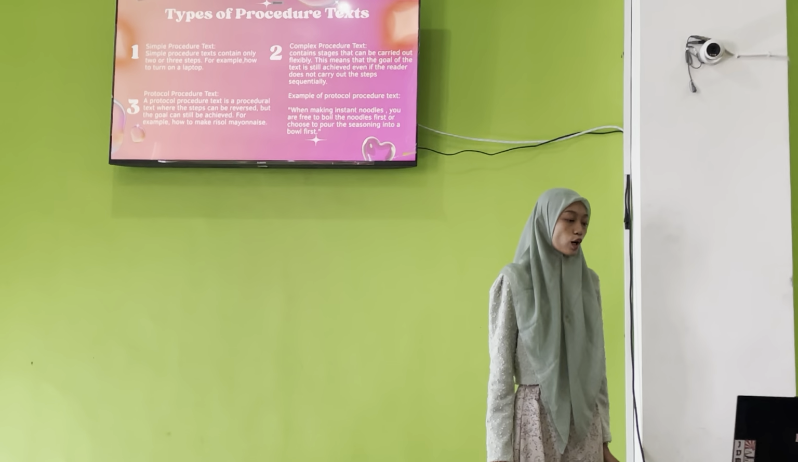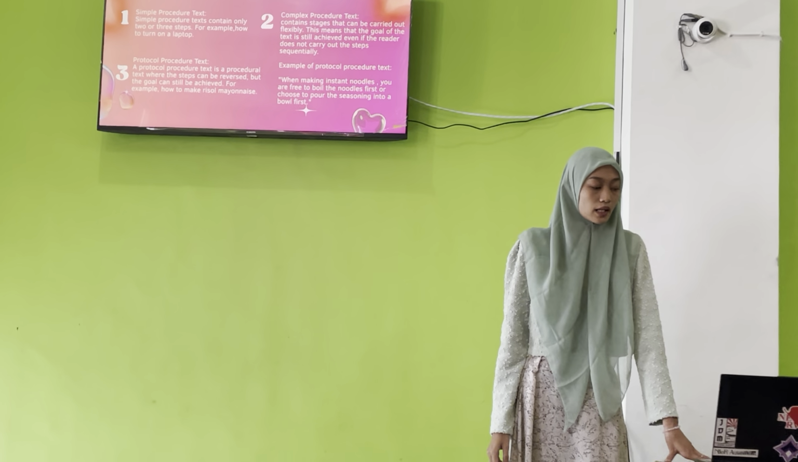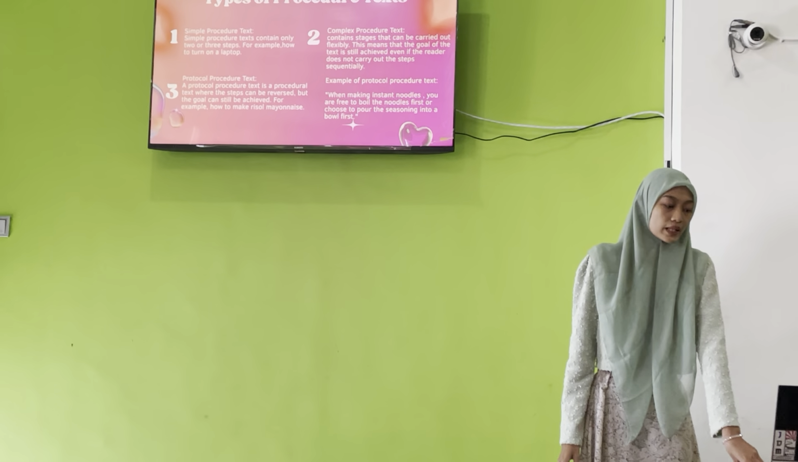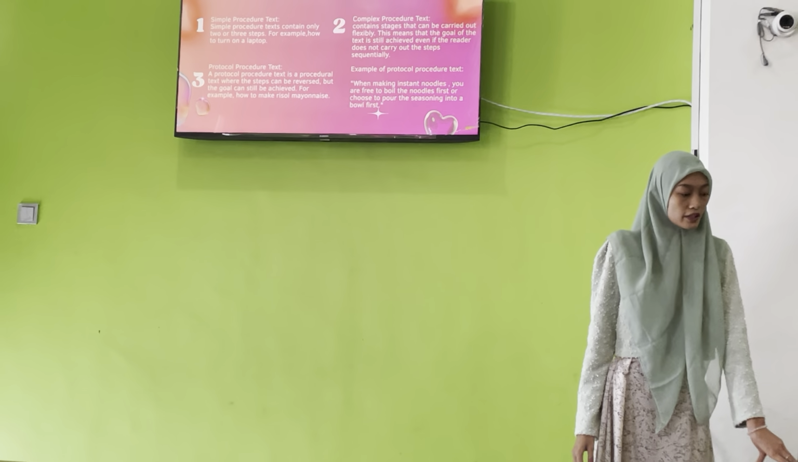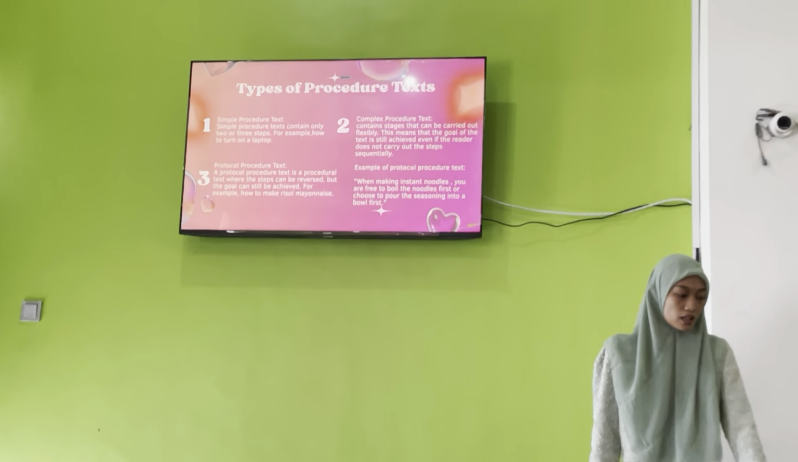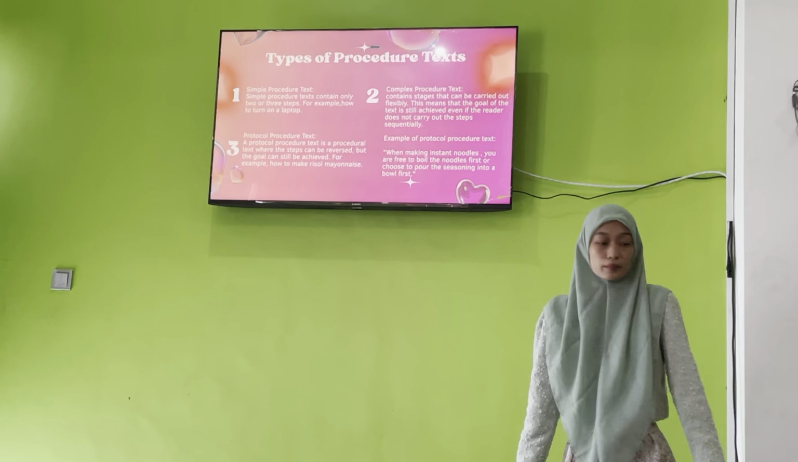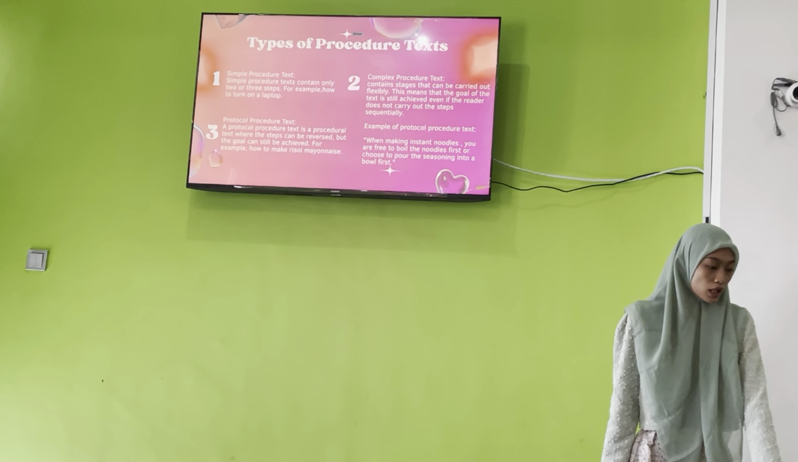And the next is complex procedural text. It contains steps that can be carried out flexibly. This means that the goal of the text is still achieved even if the reader does not carry out the steps sequentially. For example is